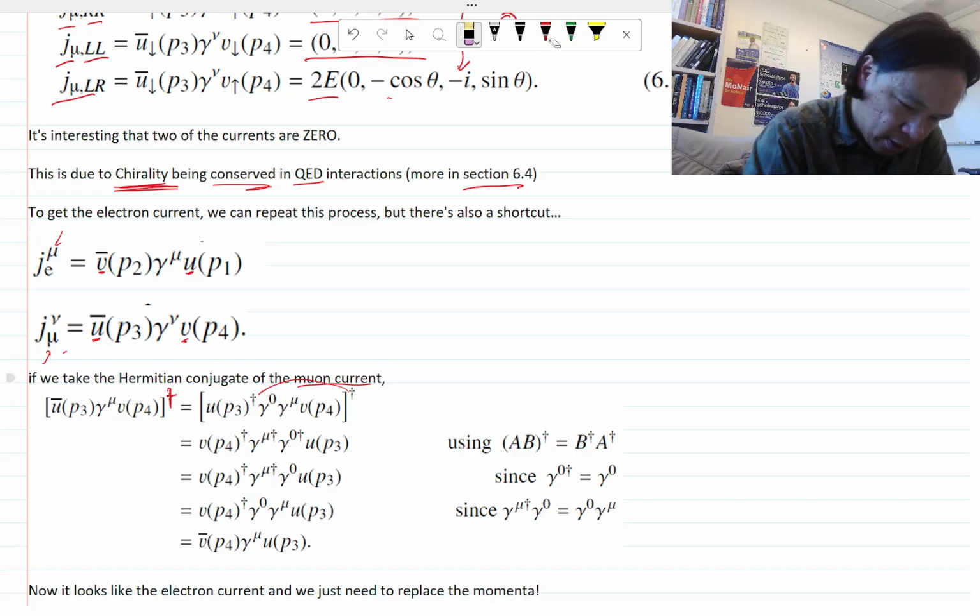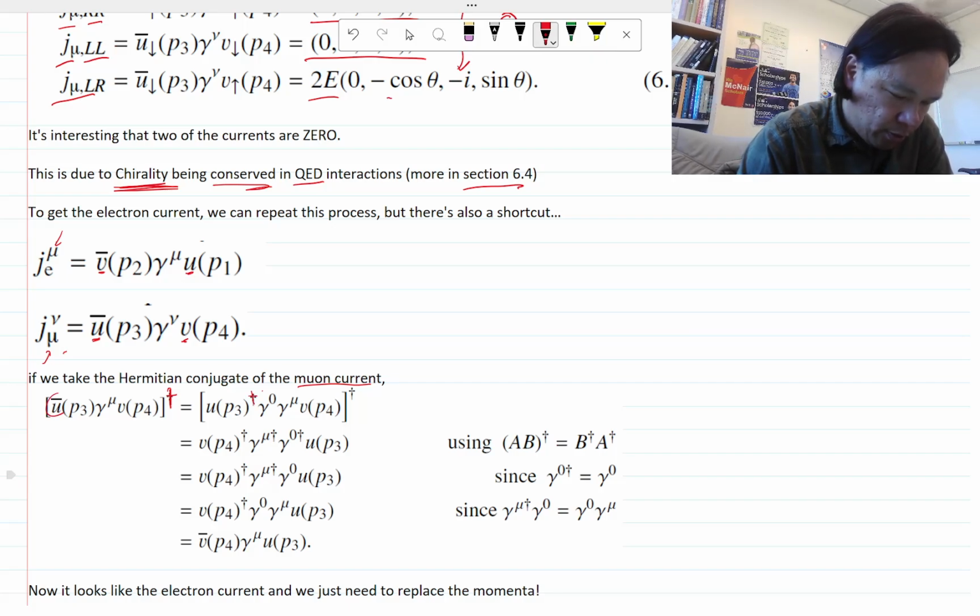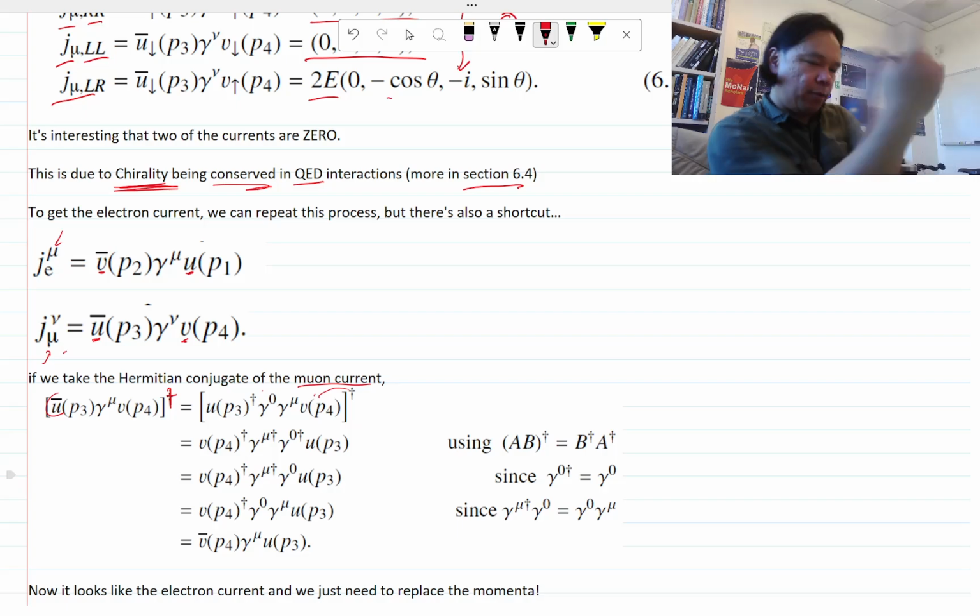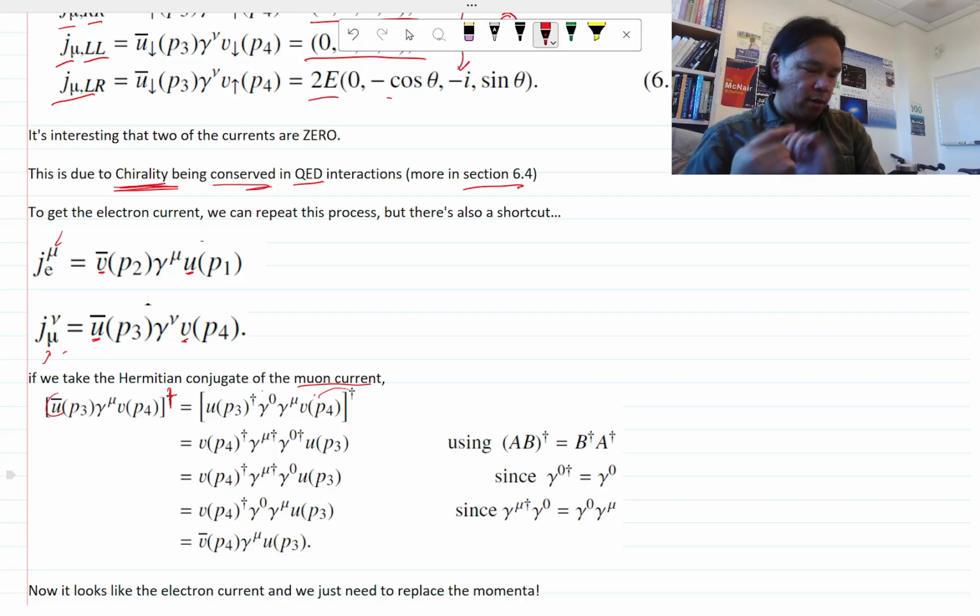Well, actually, before we distribute it, we want to write this adjoint as just U of P3 dagger with the mu gamma 0, just to be clear which one we're daggering, which one we're not. When you do this Hermitian conjugate, what happens is that it basically flips the order